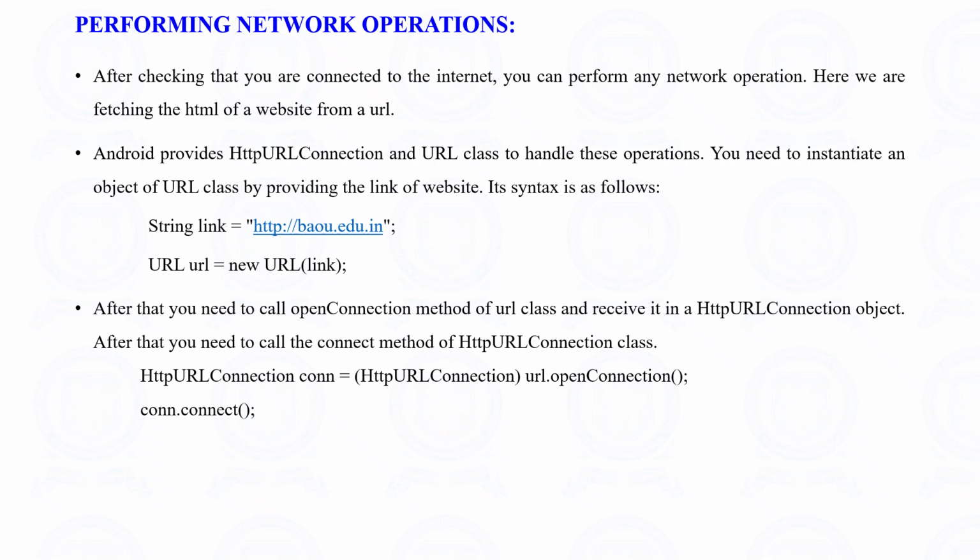Performing network operations. After checking that you are connected to the internet, you can perform any network operations. Here we are fetching the HTML of a site from a URL. Android provides the HttpURLConnection and URL classes to handle these operations. You need to instantiate an object of the URL class by providing the link of the website. The syntax for that. After that, you need to call the openConnection method of the URL class and receive it in